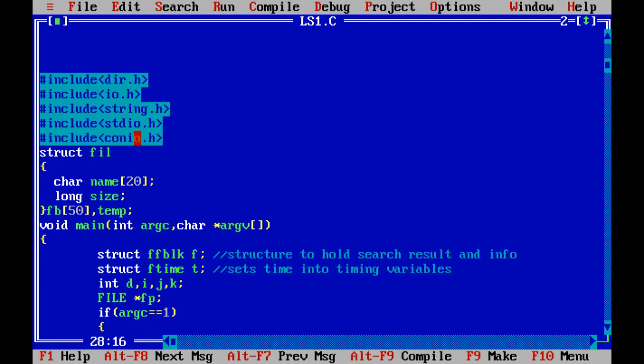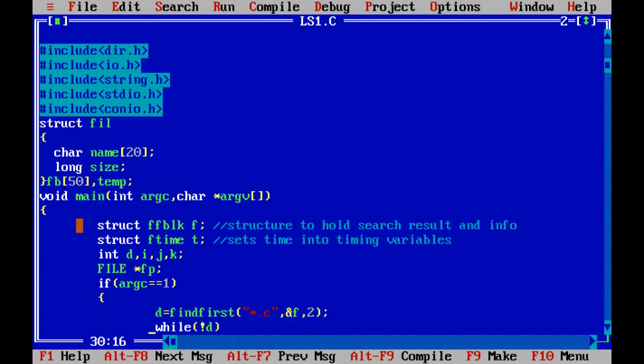Unlike the other C programs which we have already studied, here I have created a struct. A struct in C is a user-defined data type that enables us to store a collection of different data types. All the elements of this struct are known as members of that struct. So these are the members of the struct. Now let us go through the main function.